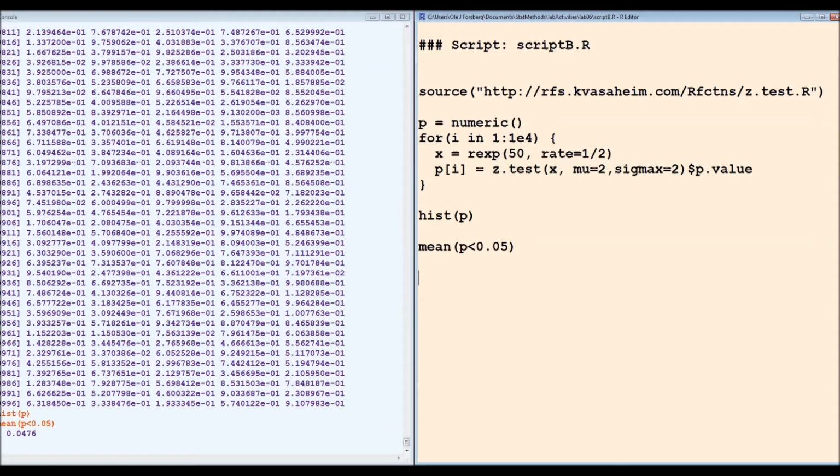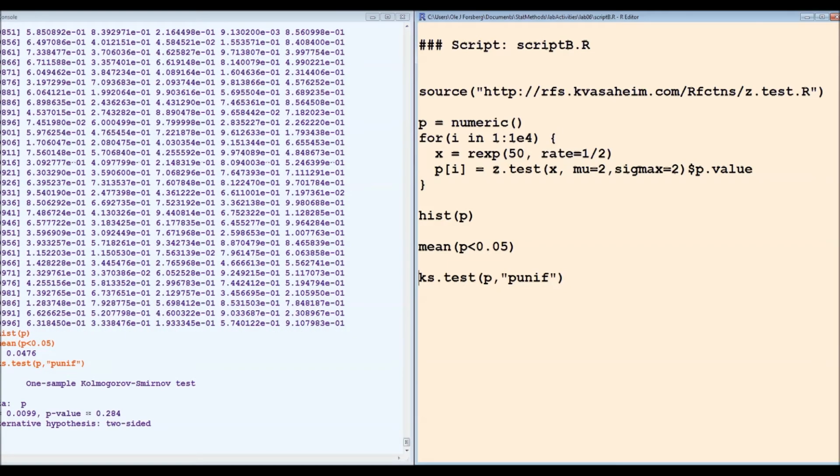We could also use the Kolmogorov-Smirnov test to see if this test under these circumstances is appropriate for any alpha value. So it's ks.test of p, "punif", and punif is in quotation marks. Control R. Notice that the p-value for the Kolmogorov-Smirnov test in this case is 0.284, which is greater than alpha, which tells us that there is no significant evidence that this is a bad test under these circumstances,